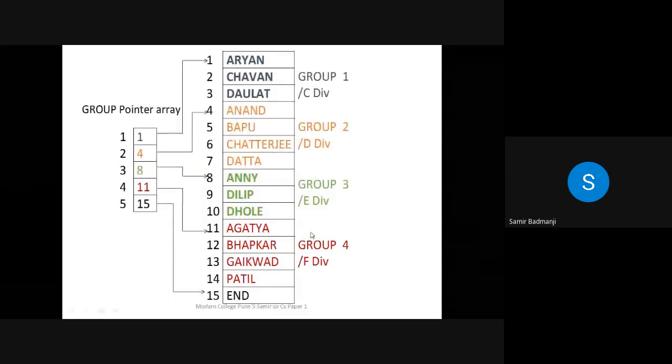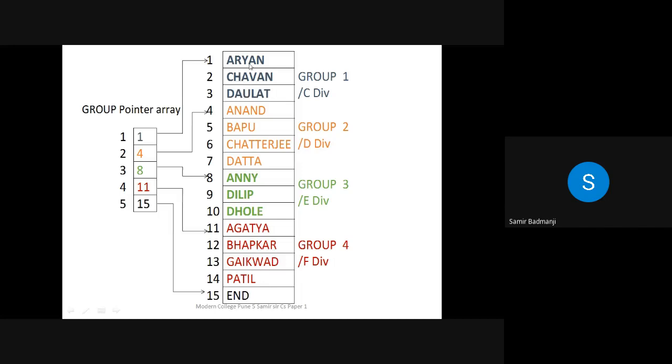Now see, you have to draw this in the exam for giving the example. Two arrays are there. This is one array. Like all of you know, in an array the elements are stored in consecutive memory locations. The name I have just given is student array. I forgot to give the name here, so you can give the name student array to this array. The first three I purposefully given different colors. This is for C division, this is for D division, E division, and F division.